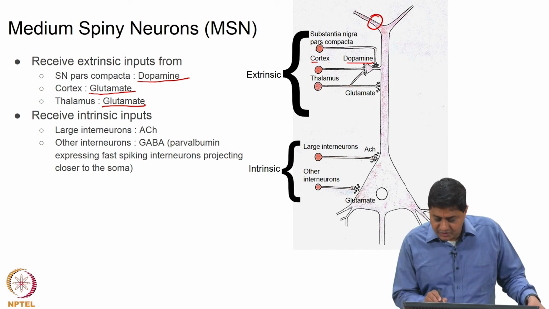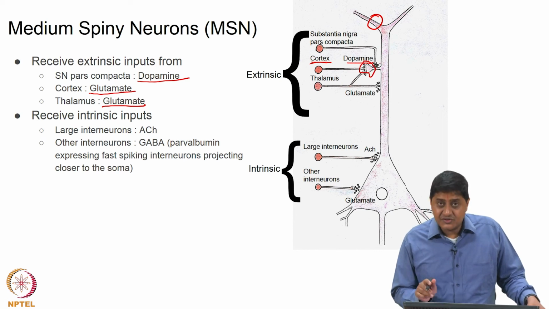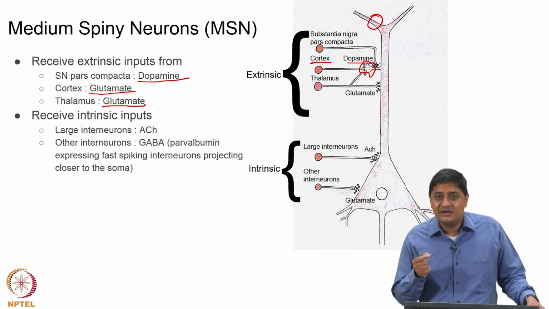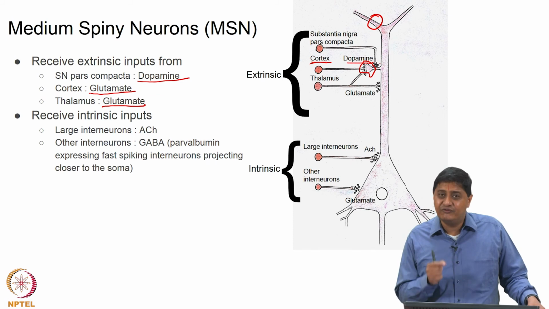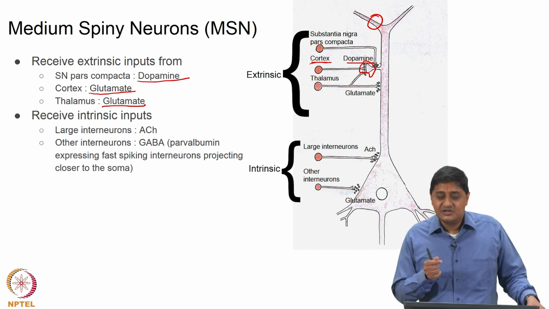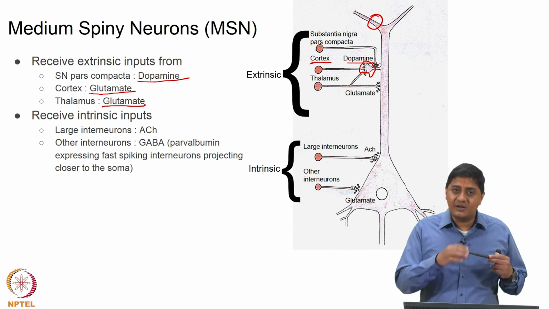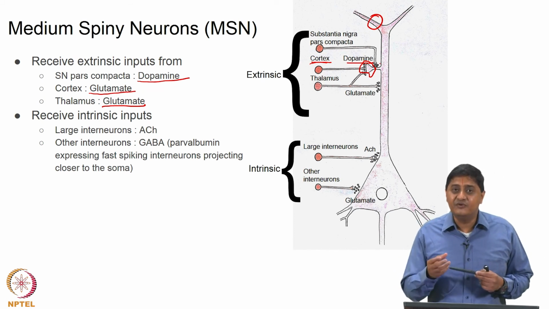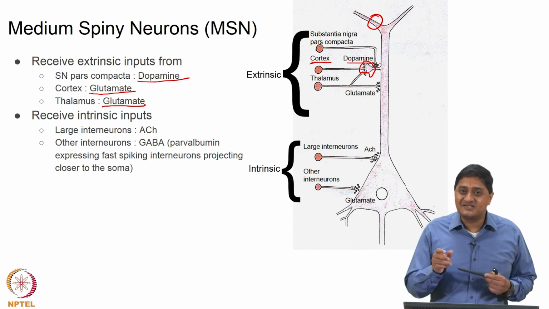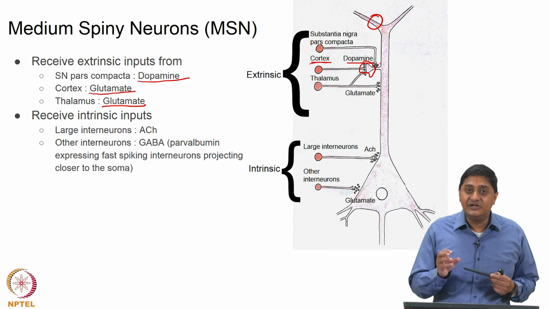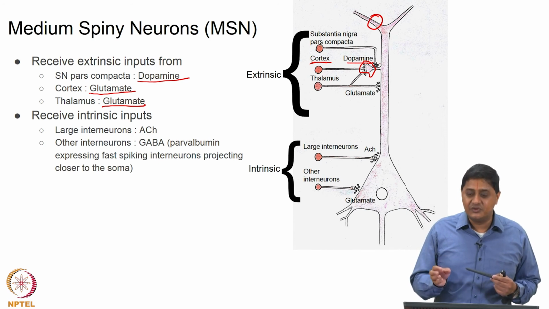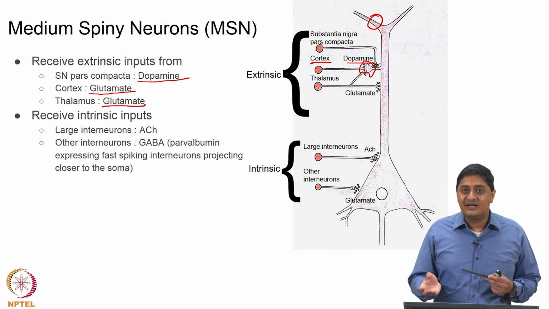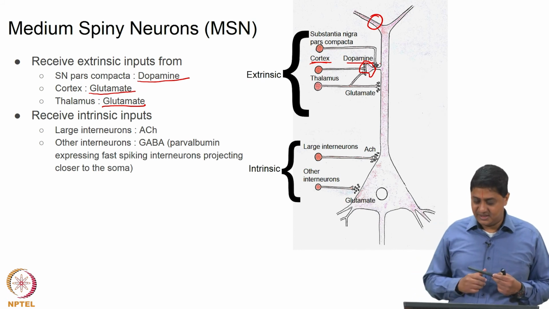So, the cortical neurons project, say for example, to a particular spine. The nigrostriatal neurons project to the same spine, in many cases proximally, in such a way that they can profoundly influence the cortical input. So, the cortical input is the main input coming in from the cortex. It is influenced by the dopaminergic system. So, the dopaminergic system is sort of a gain tuner, a modulator that we can use to change the response of the medium spiny neurons, right.